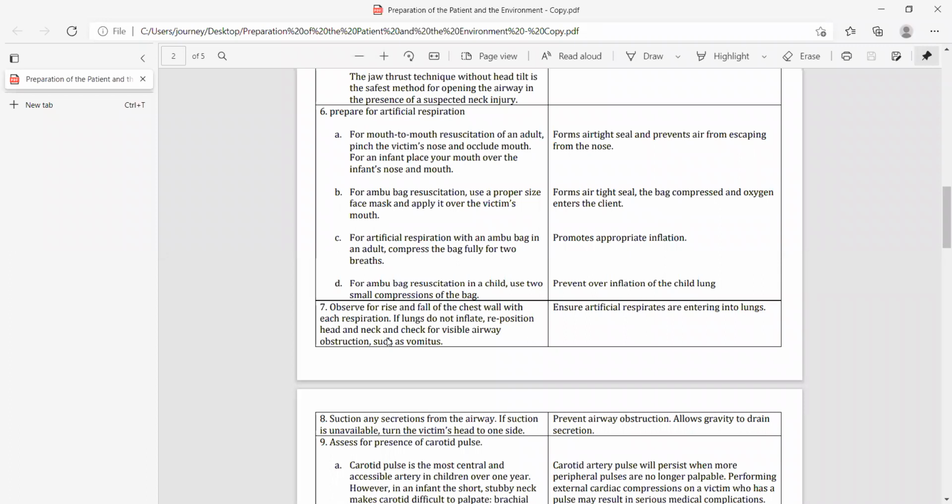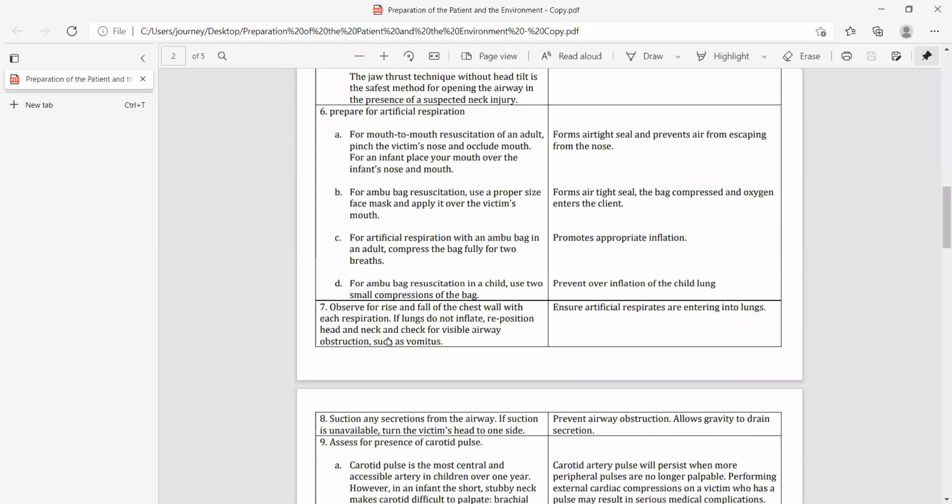Because you are giving CPR, you are giving resuscitation, okay, but still the chest wall doesn't rise up. Okay, then the lung still does not inflate. At that time you will be very tense, thinking what will I do now? So you will be very confused. At that time you will try to change or reposition the patient. Okay, and you have to reposition the patient to check whether there is any obstruction,